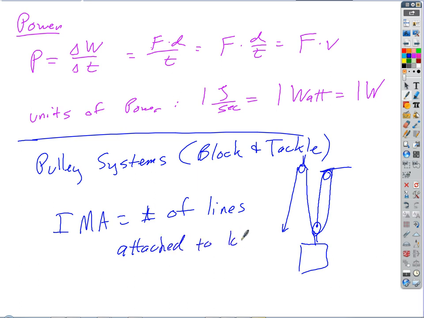attached to the load. What's the theoretical mechanical advantage for a wheel and axle? Remember, we said it's just like levers, only the levers are continuous. It's like an infinite number of little spokes that act as the levers. So what do you think? I'll draw you a picture. So tell me, for this wheel and axle,